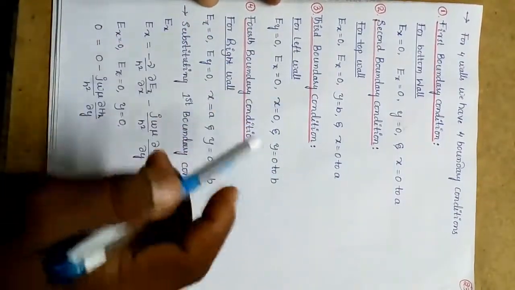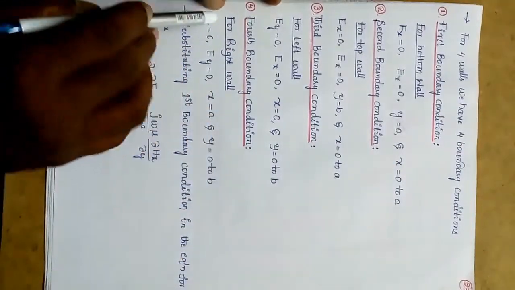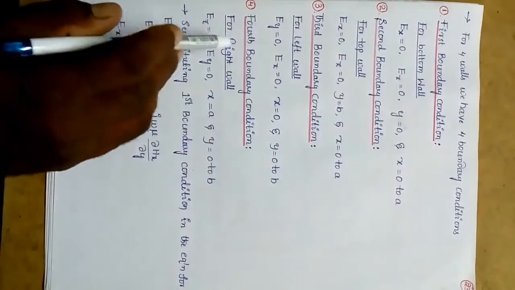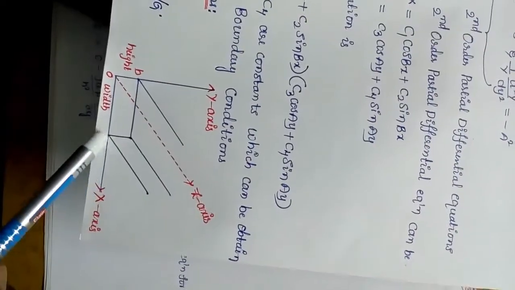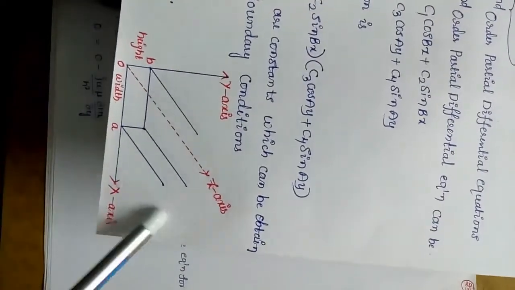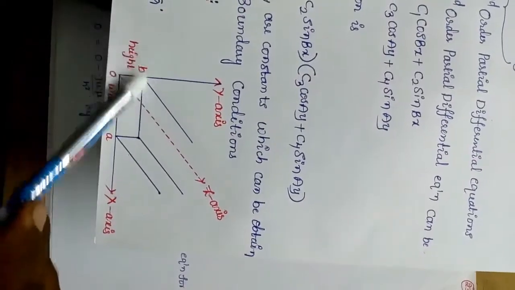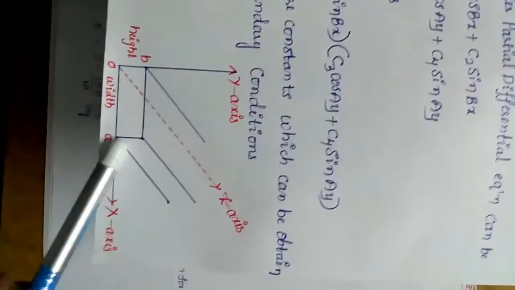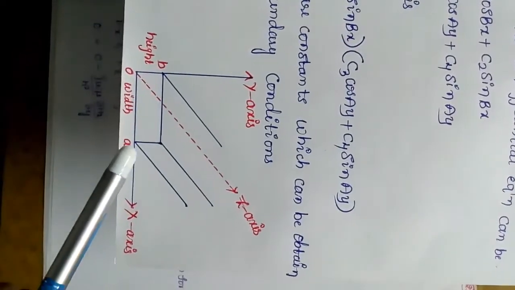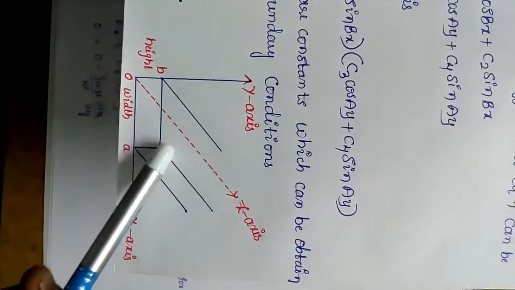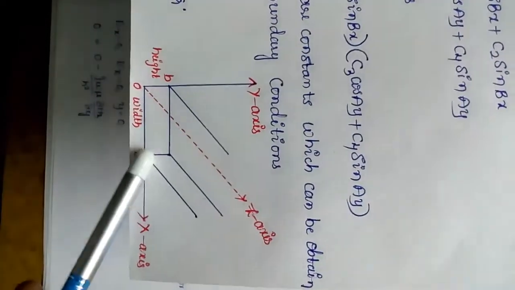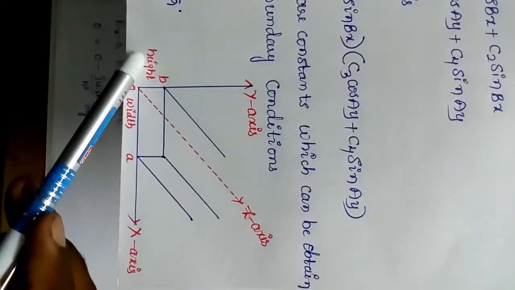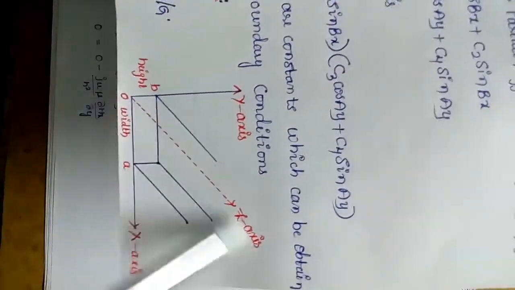Similarly, just imagine how the values vary for the right wall. So the right wall means this is the right wall. Okay, this is the right wall. So in this, what is present? a is present, and next b is, wow, only height is present. Height, that means 0 to b is present, and x is equal to a is present, y is equal to 0 to b present, and x is equal to a is present. Remaining all should be 0. That means Ez is 0 and Ey is 0 when we are talking about the right wall.